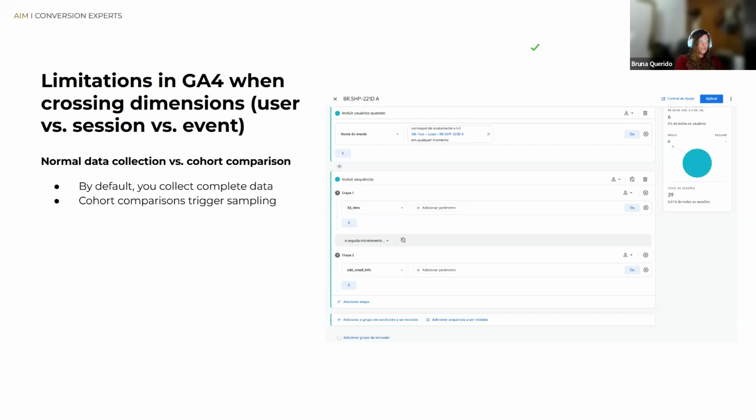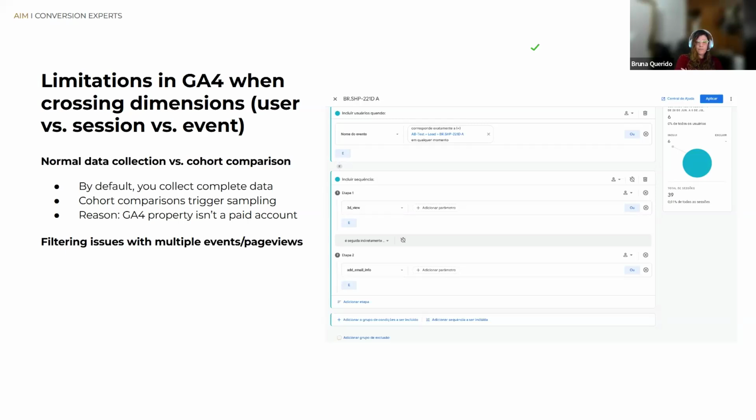You have to use the cohort comparison. So you create a segment, or you can even create a cohort in GA4. It has this possibility too. It depends on how frequently you want to see this group of users. And if you want to compare with other cohorts, you get a problem in GA4 when it isn't paid